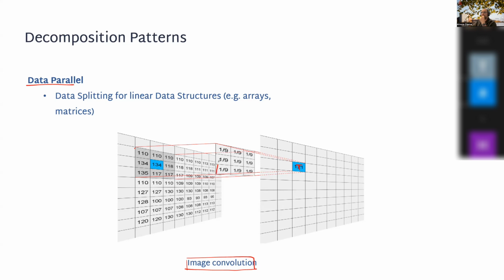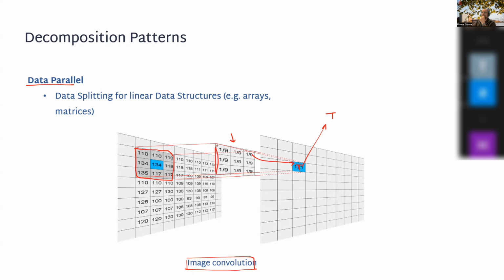So I have a 3x3 convolution filter here. Then I'm going to apply it to each part of the image, and I compute the results into another matrix. So each element of this matrix can be assigned to a thread, and that thread can get this data